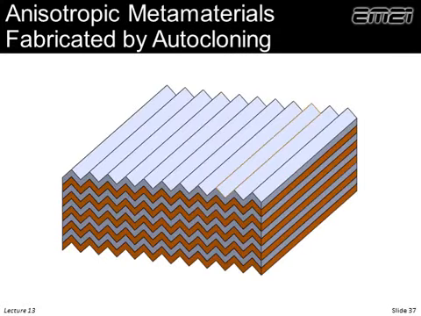Well, other than 3D printing, optics folks also had some ways to make things artificially anisotropic. There's a process called autocloning, where you would start off with a diffraction grating and you deposit alternating layers of different materials, probably low index, high index, low index, high index. And if the process parameters are right, you get this sort of self-shaping effect. And in fact, it maintains the profile of the grating a little bit, and it converges to these triangle type shapes. And in principle, we could deposit any number of layers, they would stay triangles. It turns out that's an anisotropic material, and we can do that at optical frequencies.